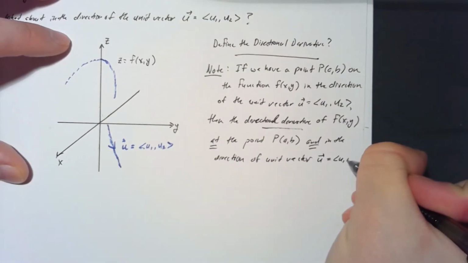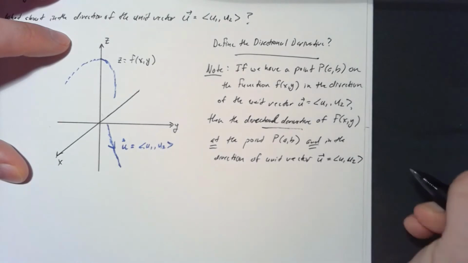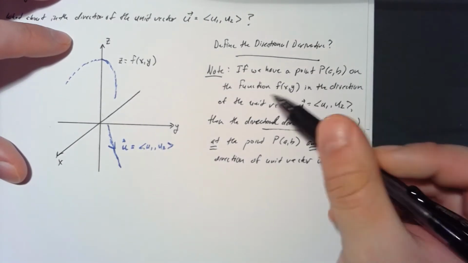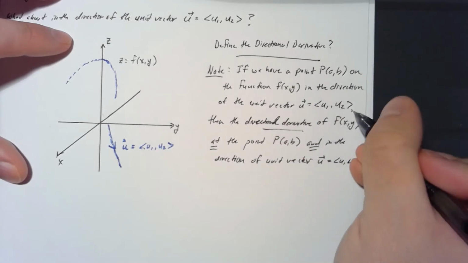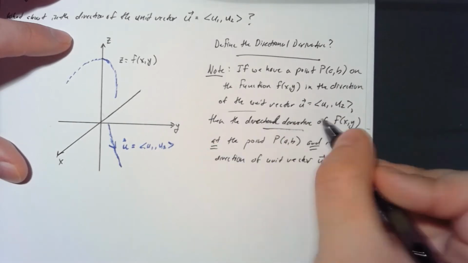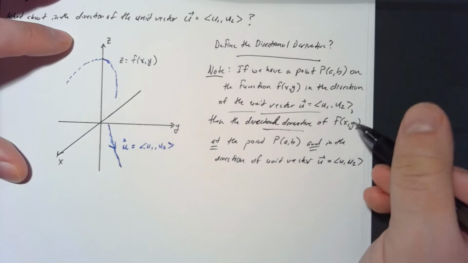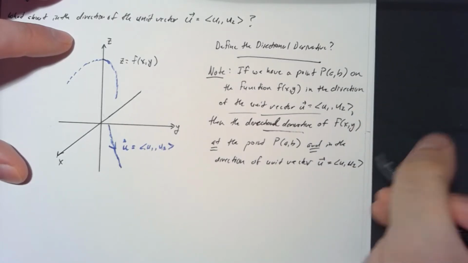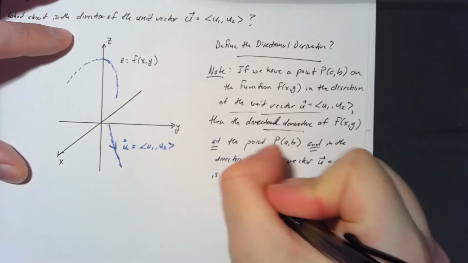This might seem redundant, but just bear with me. So if we have this stuff, then the directional derivative of the function at this point and in the direction of here is defined as, or is given by,